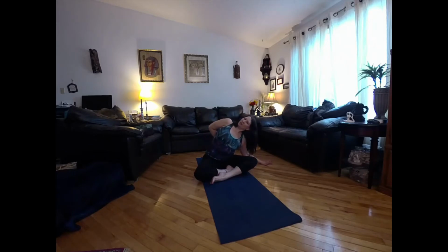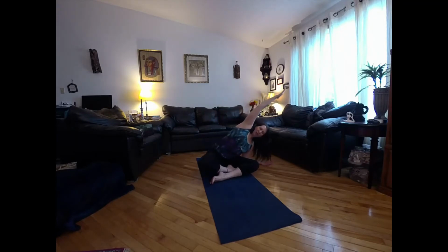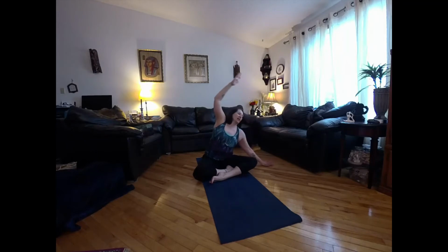You can stay there, or you can take the left arm up on an inhale, reach it over on an exhale. If you start to lose that alignment, if you start to kind of round forward a little bit, just take your hand back to your lower back so you can try to open this up a little more. You don't need to come down to your right elbow. Make sure that you're not lifting up off the sit bone here. Extending through the top arm if the arm is lifted. Coming up, inhale,